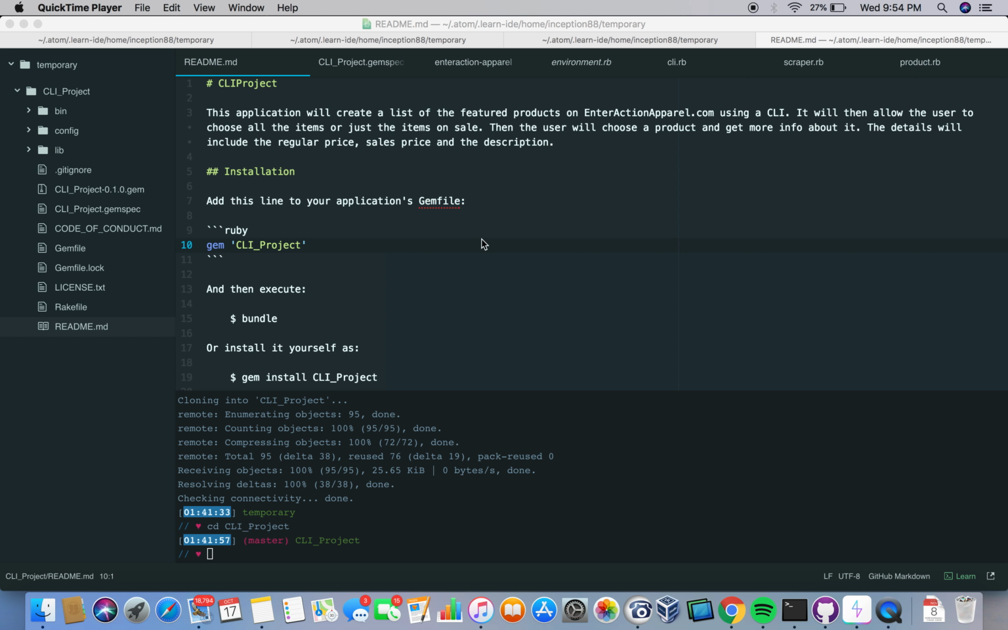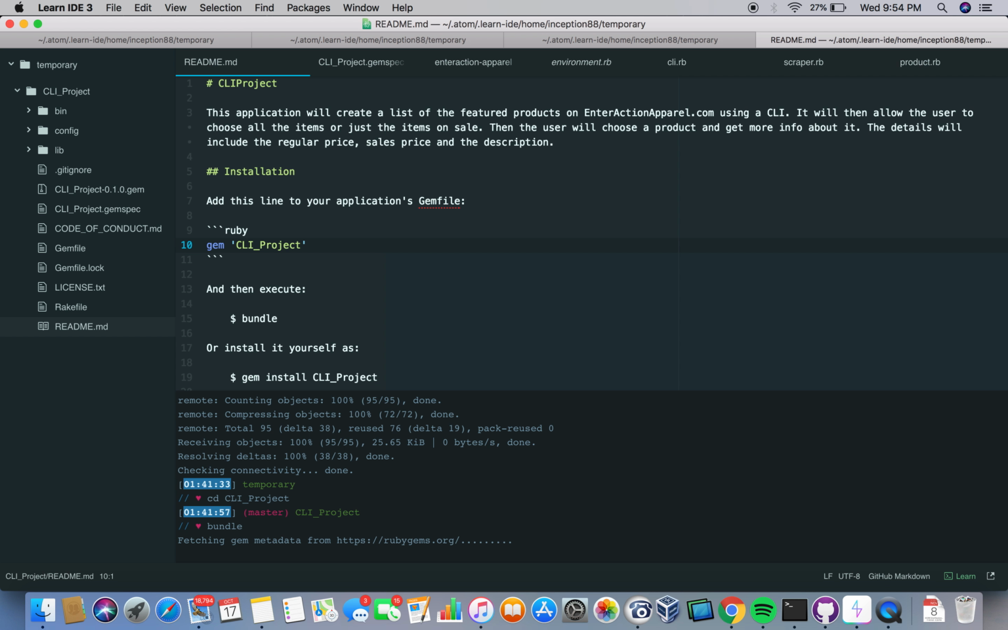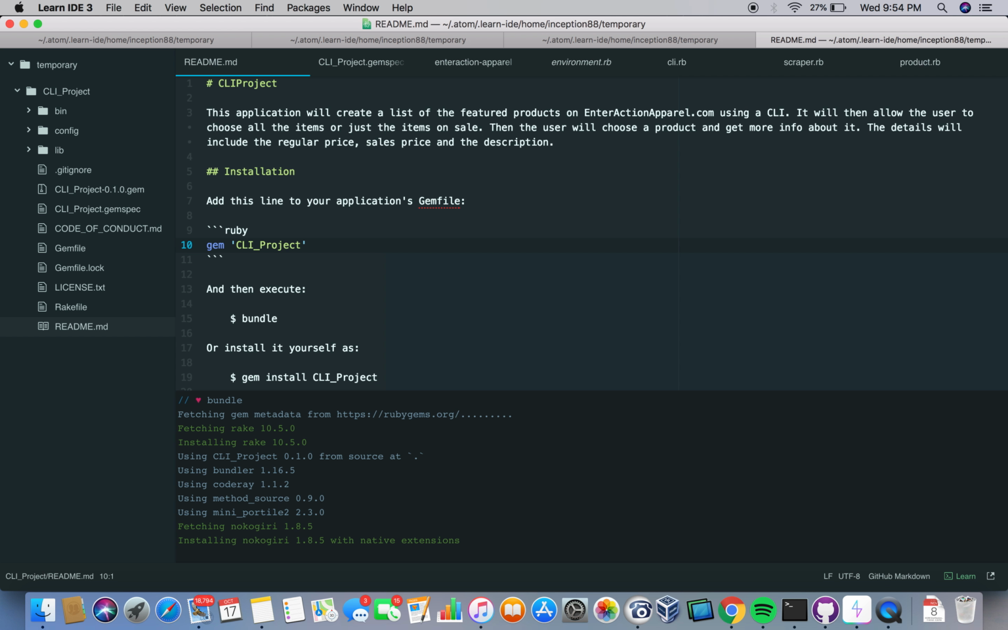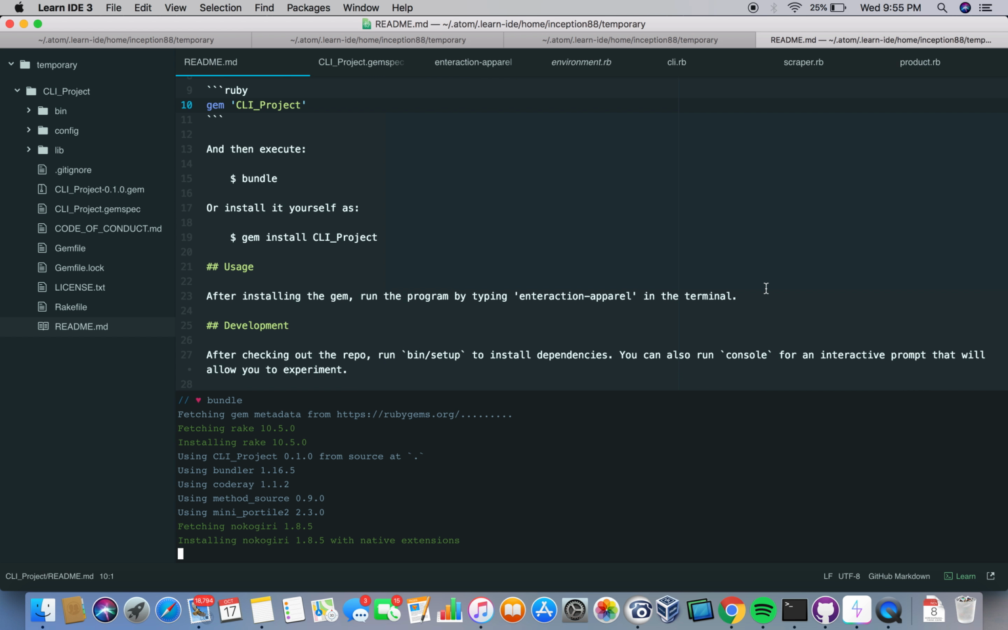And so, to install this, you add the gem to your Gemfile. So gem 'cli_project'. And then you bundle to install all the gems that you have. So we'll go ahead and run the bundle. And then, if you didn't want to install everything, you can install it individually by putting in gem install cli_project. So the usage: once it's installed, it'll run a command called EnterAction Apparel in the terminal to